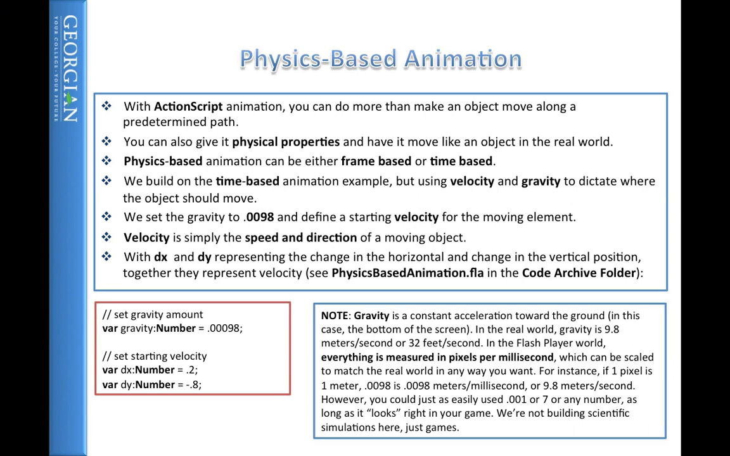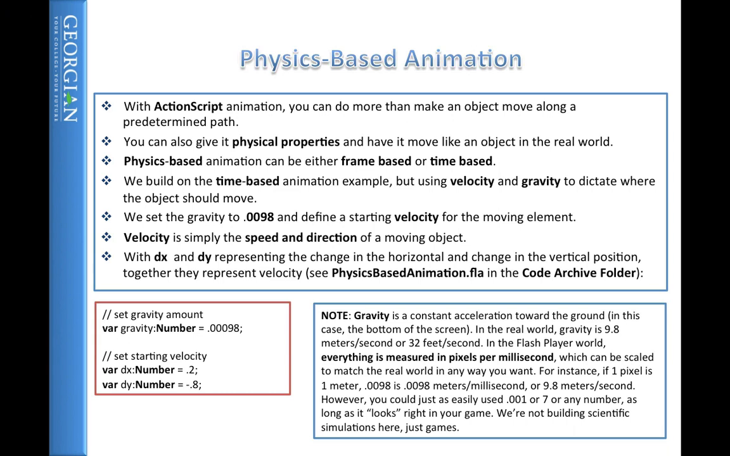So if we say 1 pixel is 1 meter, then it'll fall at a different rate as opposed to 1 pixel being 10 centimeters. You can adjust your scale for how fast an object falls through space. In this particular case, if we did 1 pixel per meter, we use